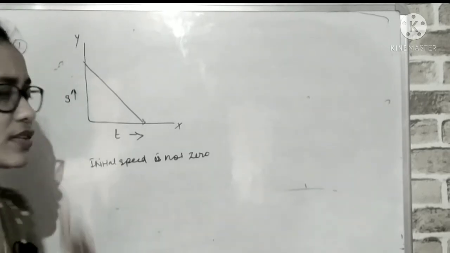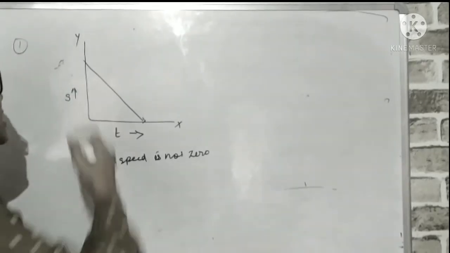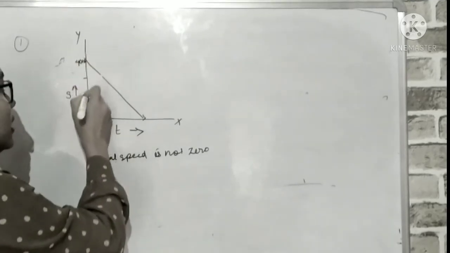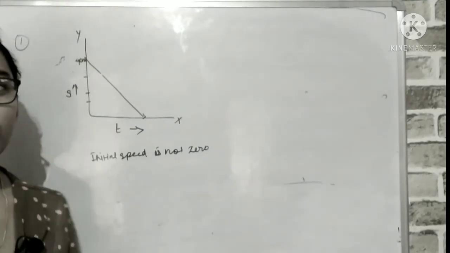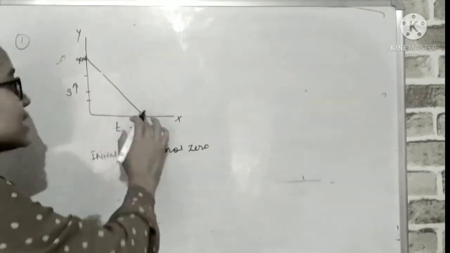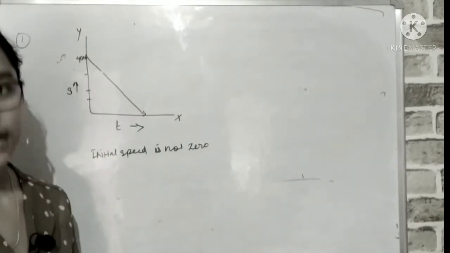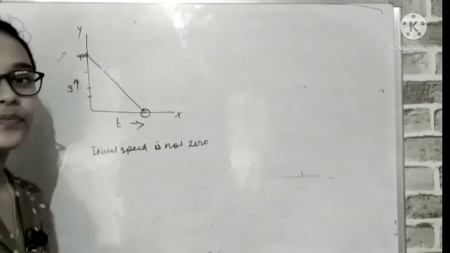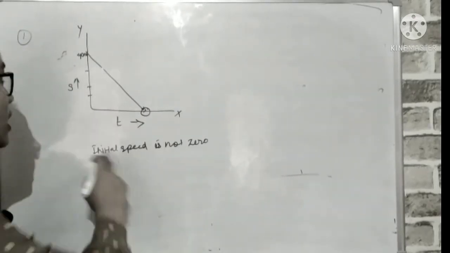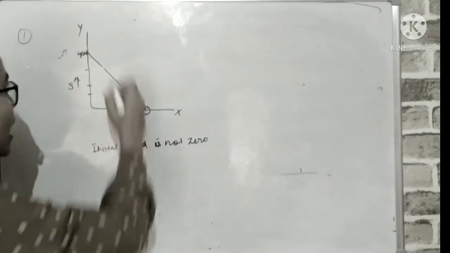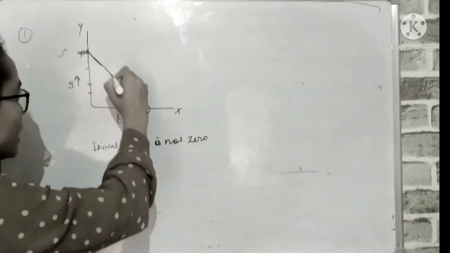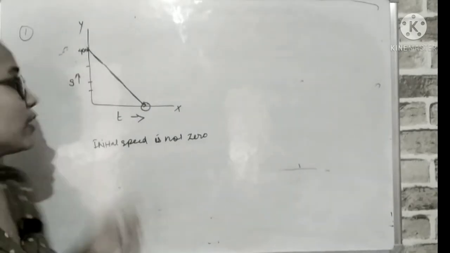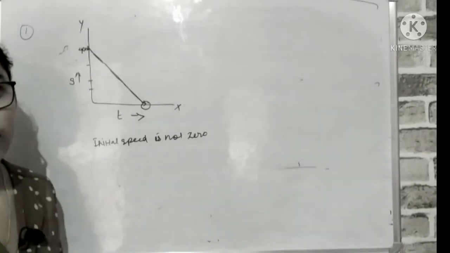Now let us see how a velocity time graph looks when its initial velocity is not 0. Suppose a car was moving at a very high speed. Its initial velocity was suppose 40 meters per second. Okay. And later what happened? The car completely stopped. It came at rest. And now the final velocity is 0. Okay. So in this case the slope will be a straight line, because the change was uniform, but velocity became 0.